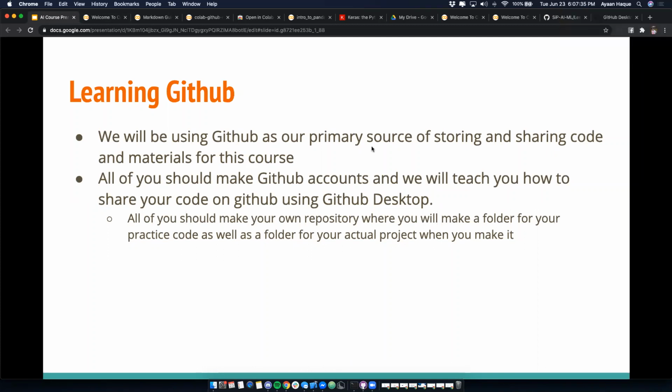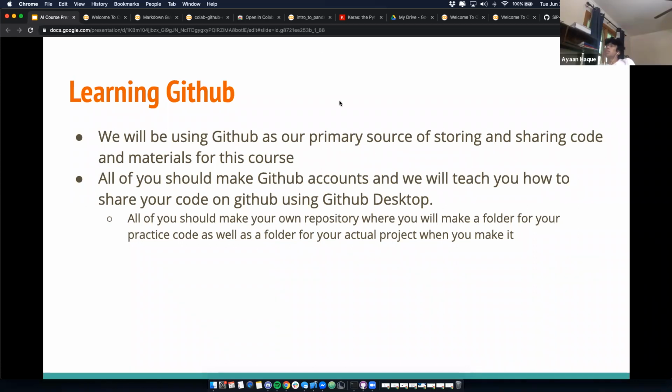I have a quick question. Yeah. So how does this GitHub contribute to our coding, because we're coding on Google Colab? So the reason we're using GitHub is because at the end, we're going to have you do your own code, right? We want you to make sure that code is saved somewhere, and especially if you do group projects at the end, you can work together, right?